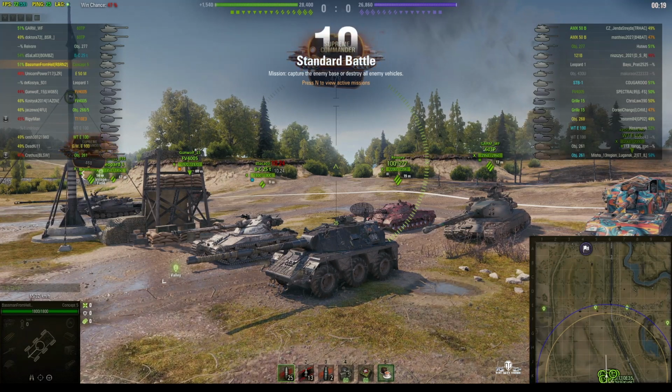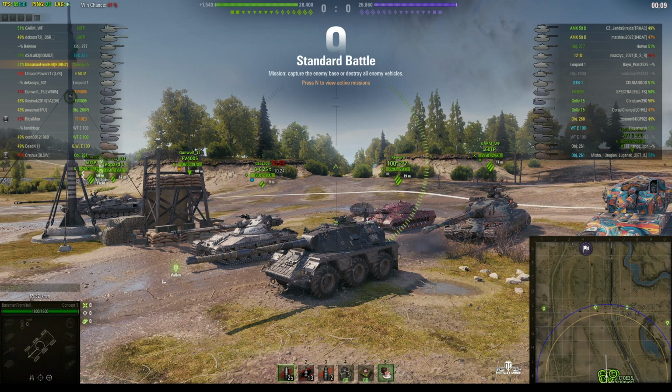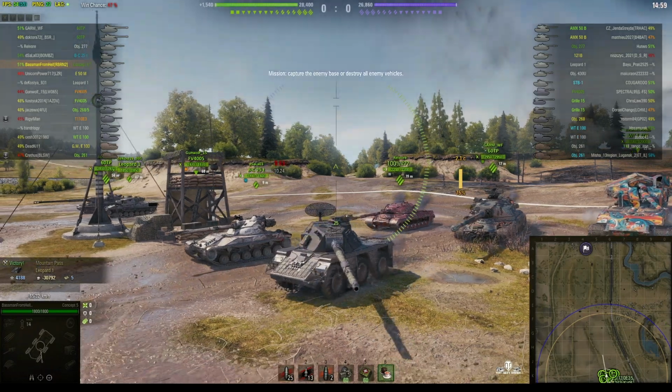This is concept number 5. It's a tier 10 British wheeled medium tank. It's located on the south spawn of Prokhorovka, and this one is under the command of the BassmanFromHell from RBRN2, or Reborn 2. Let's see how he gets on in this tank, because we've seen him in certain other tanks